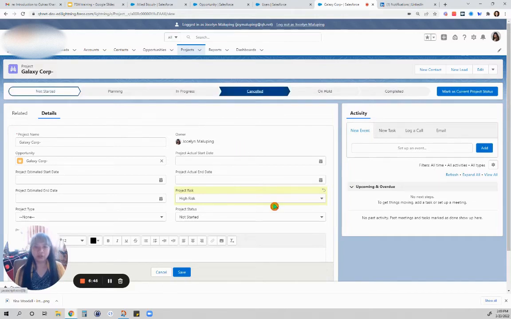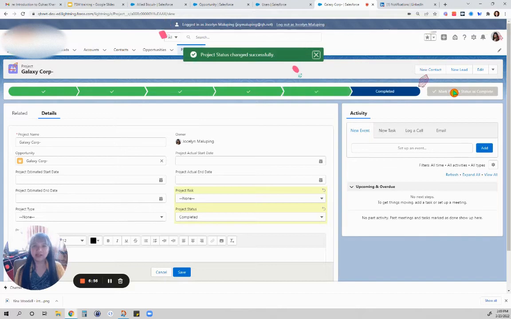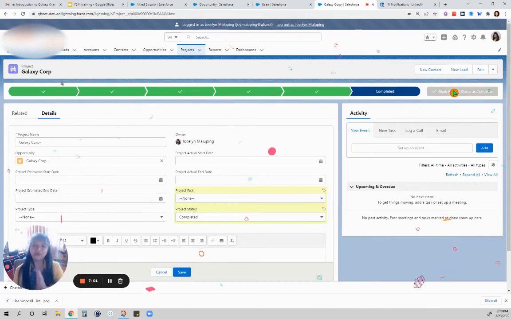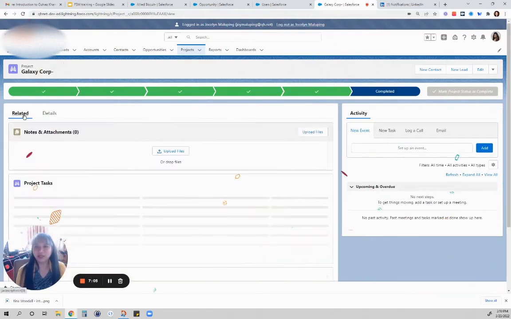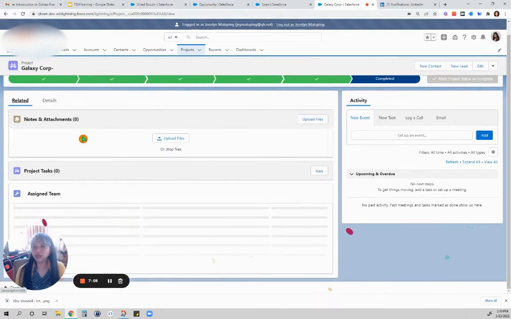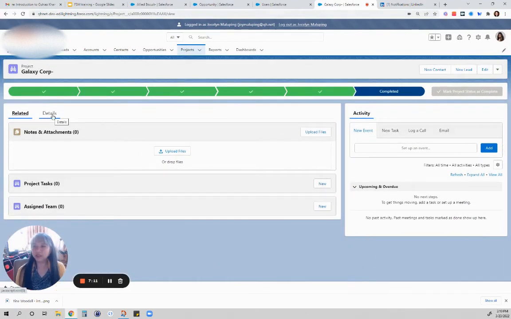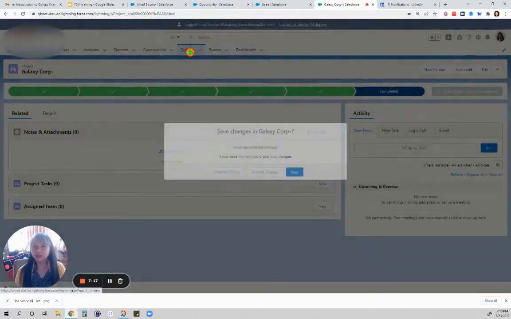And if you did complete that and you mark it as your current project status, once you complete that, then you have another confetti celebration. Yoo-hoo, for job well done. Okay, but let's go back to that. I'm going far ahead here. So we have, aside from the details, related project tasks and assigned team. Okay, so let's go back to